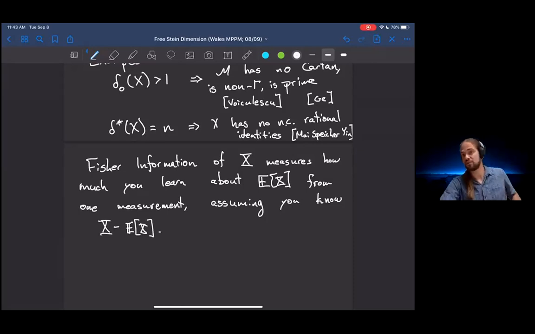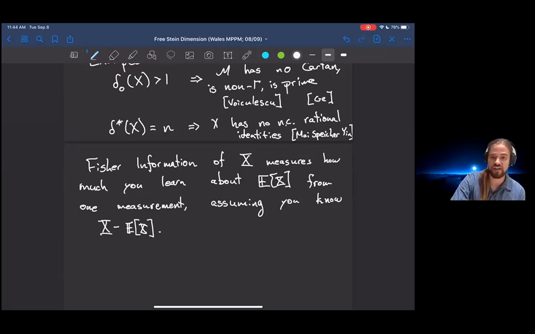Okay. And so what you should say, essentially, the smoother the distribution of x, the less you learn by measuring its mean once. So if x is, say, a Bernoulli random variable that takes on one of two values, if you get a single measurement, then suddenly you've narrowed it down from an infinite possible number of distributions to just two. Whereas if x has a much smoother distribution, like the bell curve, it's a normal random variable, and you measure it once, your measurement becomes the best guess for the mean, but there's still a lot of uncertainty there. And so Fisher information being low corresponds to having a nice smooth distribution.